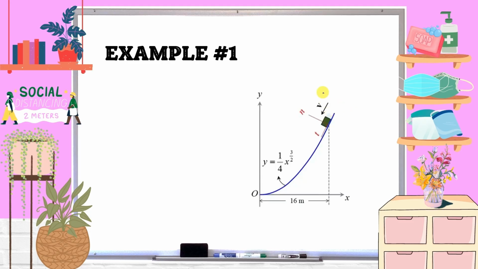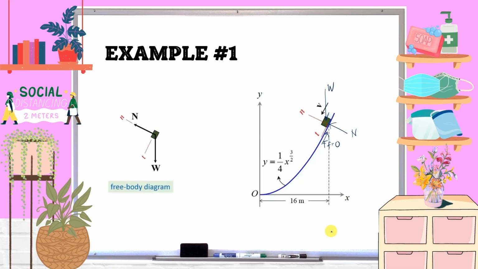What are the forces in the free body diagram? That will be the weight force. Take note, this is perpendicular not to the surface or the slope. It will be perpendicular to the ground. So that would be the weight force and the normal force. And based on the problem, it states that it travels along a smooth slope. Therefore, there is no frictional force at the surface. So friction force is 0. So it means we now have a free body diagram. We can now proceed to step 3.